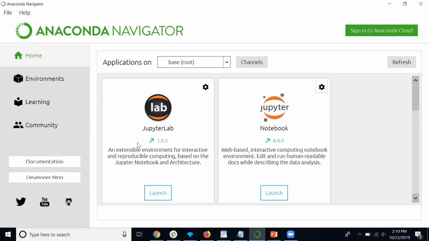So the first thing we're going to be doing is starting with a Python script, and you're going to do that in Jupyter Notebook. So if you see here on the screen, you'll see where it says Jupyter Notebook. You can click Launch. I've already got it launched, so I won't click it. And that will open up